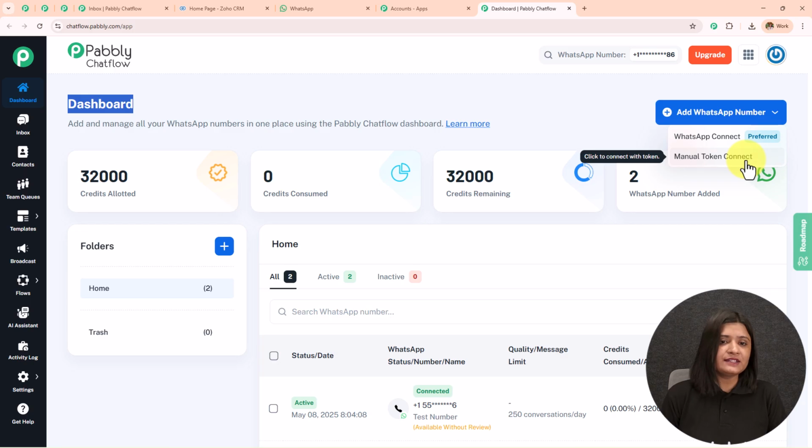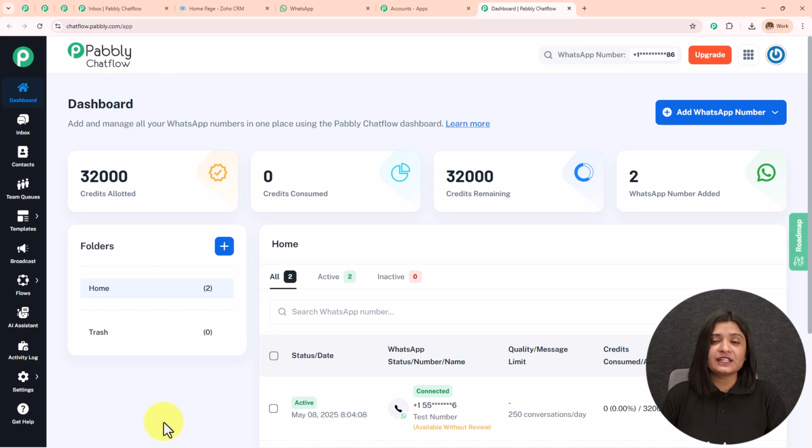And on the left hand side where you can see all these features on the options: inbox, contacts, team queues, templates, broadcast flows, AI assistant, activity log, settings, and get help, we have created a dedicated and detailed video on all of these features. If you want to learn about all of these features, you can check out the link given in the description. Now to create a flow, on the left hand side we can see this option of